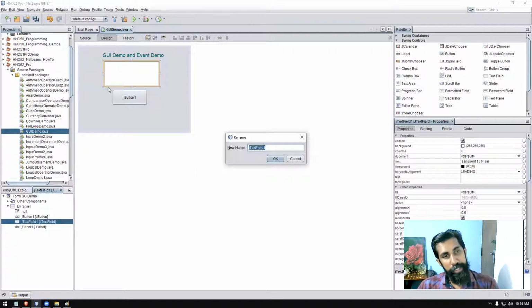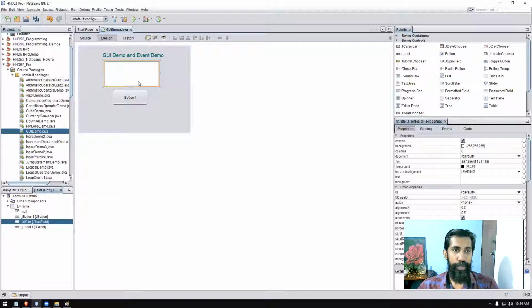You use different types of components: text areas, progress bars, scroll bars, list boxes, combo boxes, text boxes, password fields, toggle buttons, etc. For most of the components you can use a prefix. For example, for text boxes or text fields we can use txt to indicate that it's a text field, right? So I'm going to type txt title. That's all I'm going to give. There is no visual change in that, but hereafter the component will be identified as txt title when I want to write code.